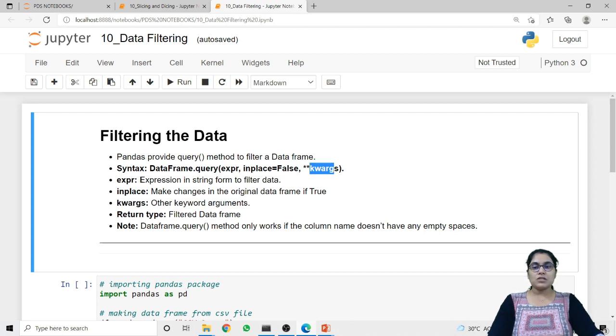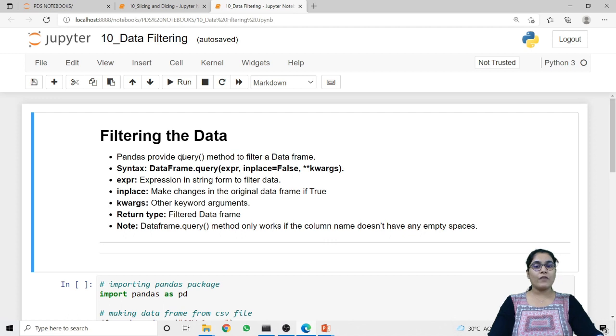Expression is the string from which we are going to filter our data, and inplace is used to make our changes permanent in our data frame. kwargs is the other keyword arguments. The return type of this method is a filtered data frame.